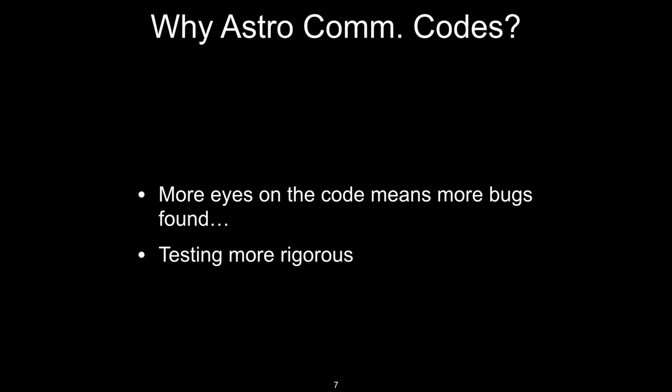Where's the mistake, right? So the more eyes you have on a piece of code, the more likely you're going to find that bug or that mistake or that screw up before it has a negative impact on your work, before it slows you down, before you get a wrong answer and don't know it. Right? So I'd rather have people reading my code. The more eyes, the better. Tell me what I'm doing wrong.